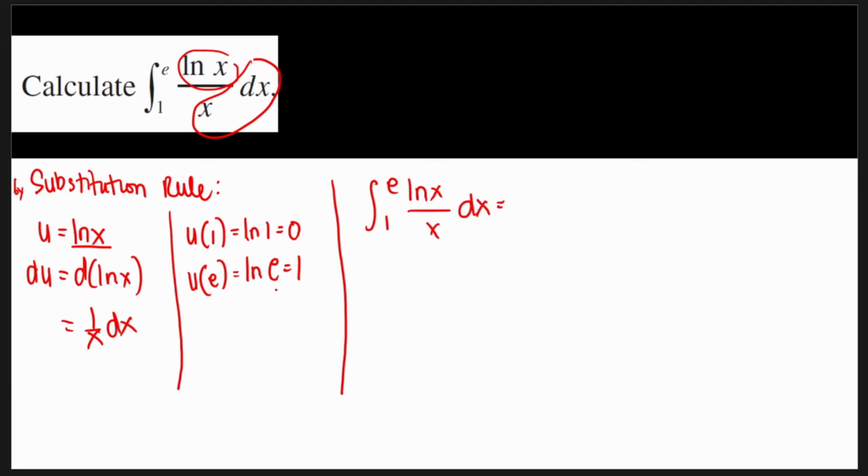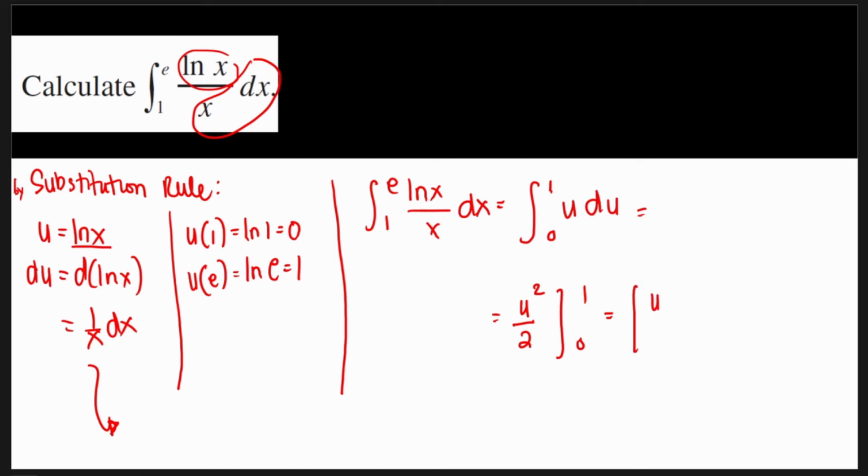dx. So from the situation that we've solved here, that is just an equivalent of u du, limits from 0 to 1. And so executing this will be just using the power rule, which is equal to u squared all over 2, limits from 0 to 1, and evaluating this would be equal to